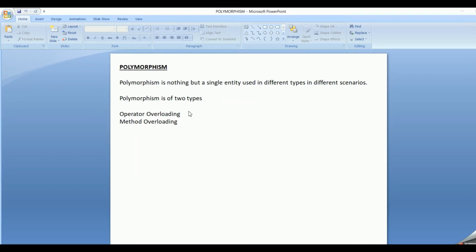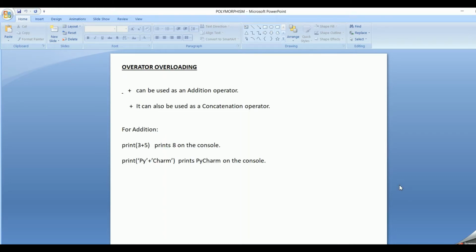Polymorphism is of two types. The first one is the operator overloading and the second one is the method overloading. Operator overloading. We all know that plus can be used as an addition operator. But when two strings are there, it can be used as a concatenation operator. So the plus, when we have numbers, it is used to add the numbers, and when we have two strings, it is used as a concatenation